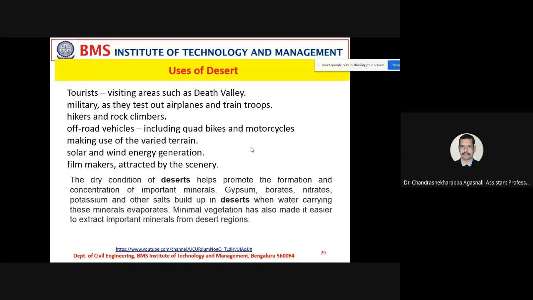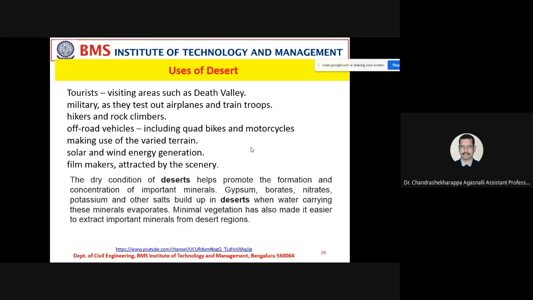And what are the uses of the desert? First, we need to understand the uses of the desert. Do we have any benefits from the desert? Yes, we have a lot of benefits. The first thing is tourism. With tourism, you can generate revenues. That's the one thing. And the second thing is that